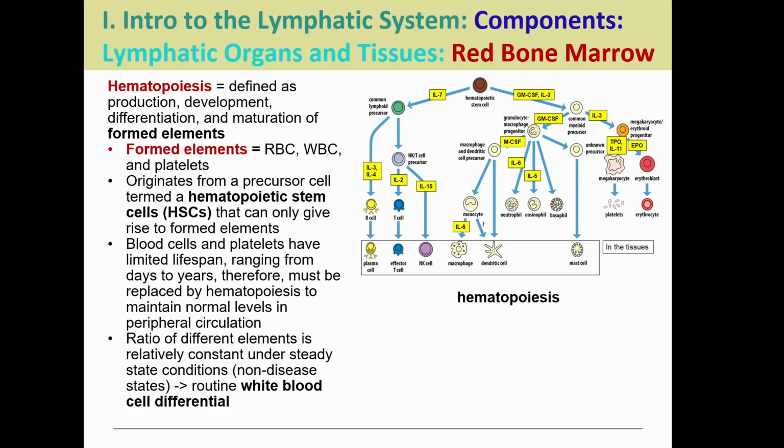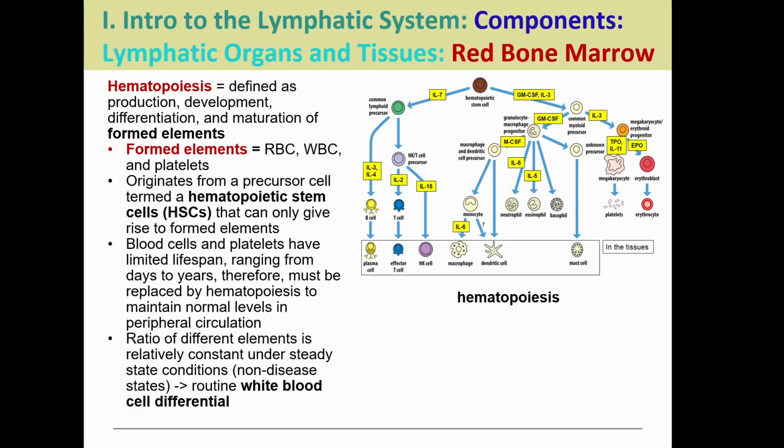Now, looking at this diagram, we know that our blood cells have various lifespans. Some of them last days, others last years. So something like a red blood cell is only going to last about 4 months. Whereas some of these, like memory cells that we have for long-term immunity, can last years and years and years. Whenever they're gone, they have to be replaced through the hematopoietic process so that we have normal levels. Right, because you wouldn't want your red blood cells to die and not be replaced. So things like EPO can make sure that we're replacing the red blood cells as they die off.